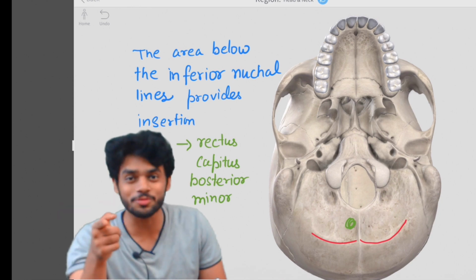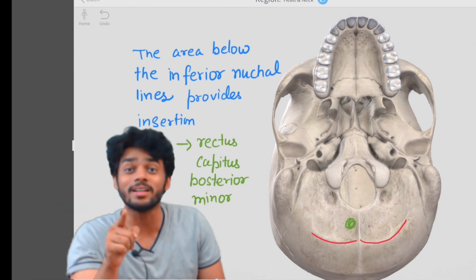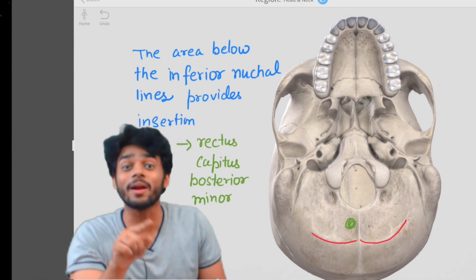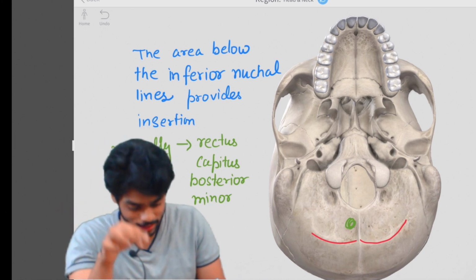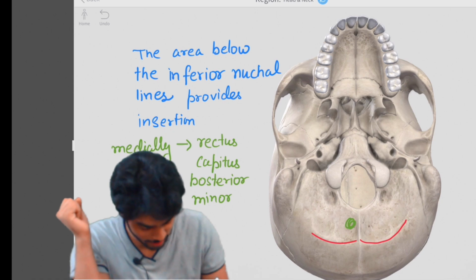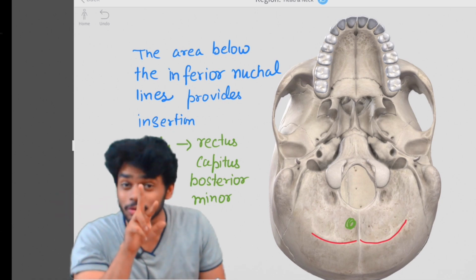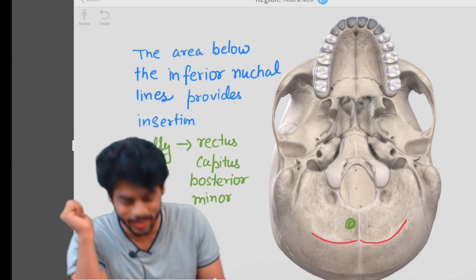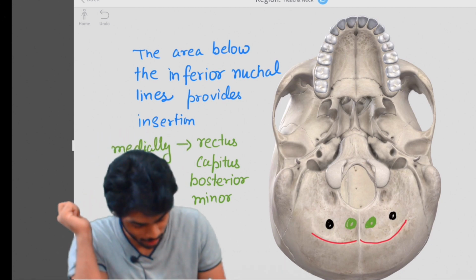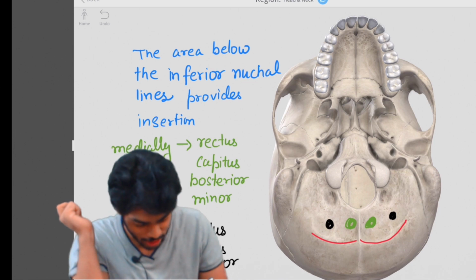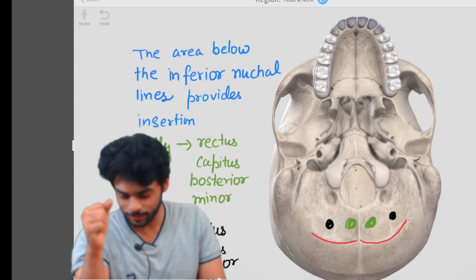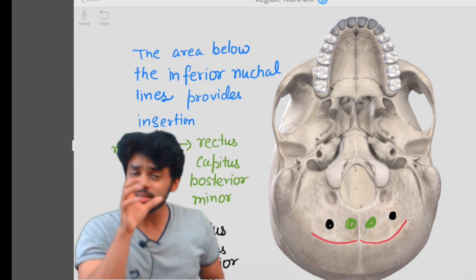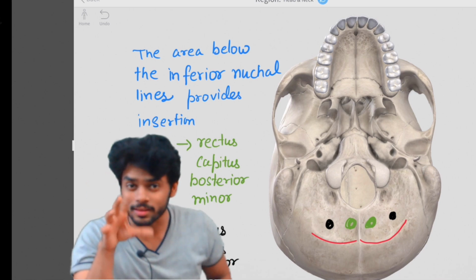Our friend, just as we studied rectus capitis lateralis and rectus capitis anterior, this is rectus capitis posterior. There also we have two types, minor and major. Towards the midline we have the minor, and towards the lateral side we have the major. Can you see this dark part? Laterally, rectus capitis posterior major is attached. Am I clear? You can even see them on the screen in animation form.